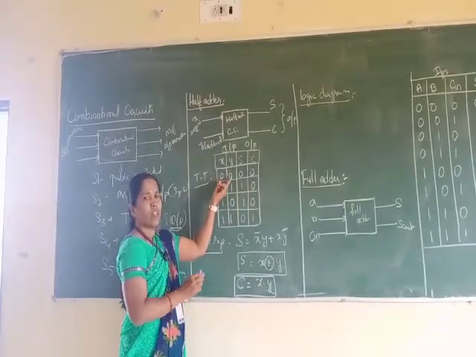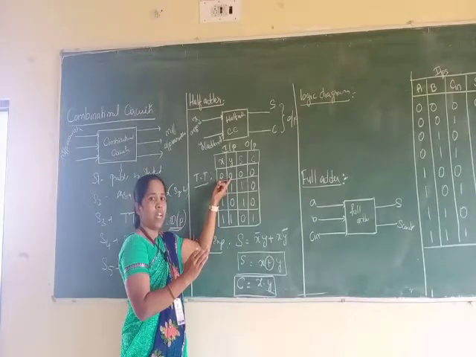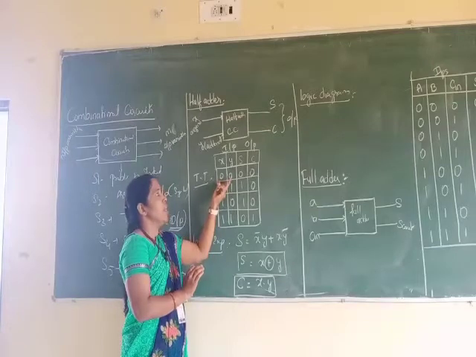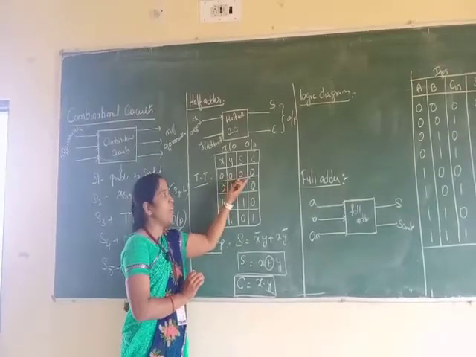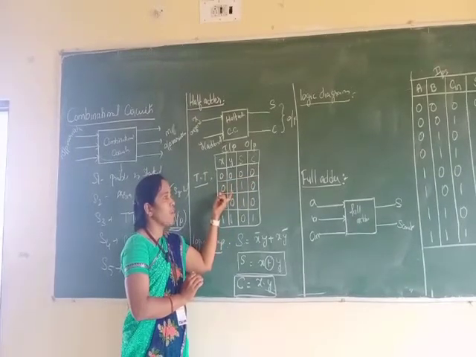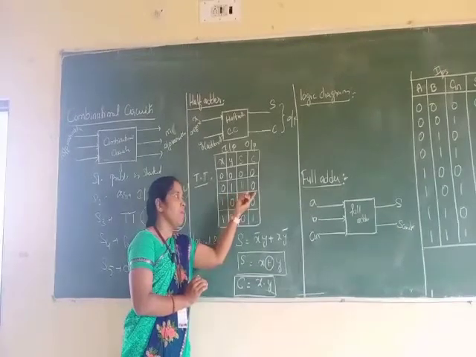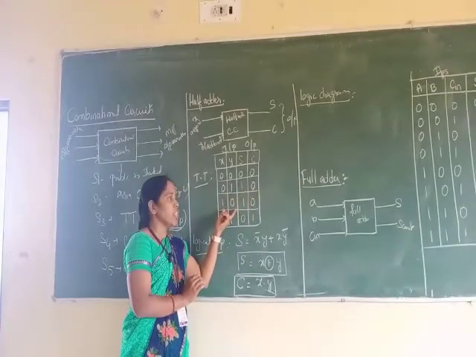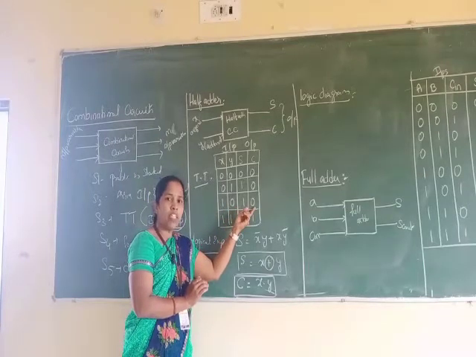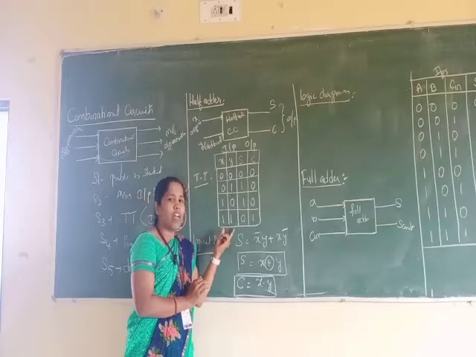So it follows, you are going to do what here? Binary addition, right? So in that case, it follows the same arithmetic addition rules. Now 0, 0, then the sum value will be 0, carry value will be 0. When you are coming to x is 0, y is equal to 1, sum 0 plus 1 is 1 and carry value will be 0. And 1, 0, 1 plus 0 again, sum value will be 1 and carry value will be 0.